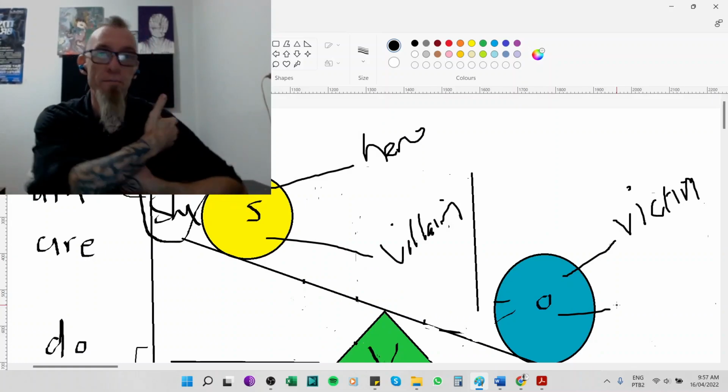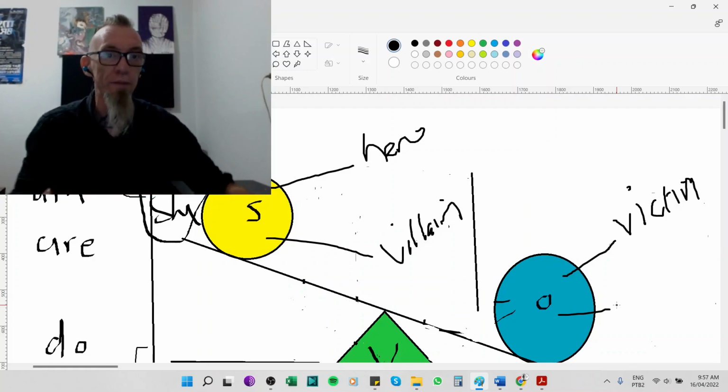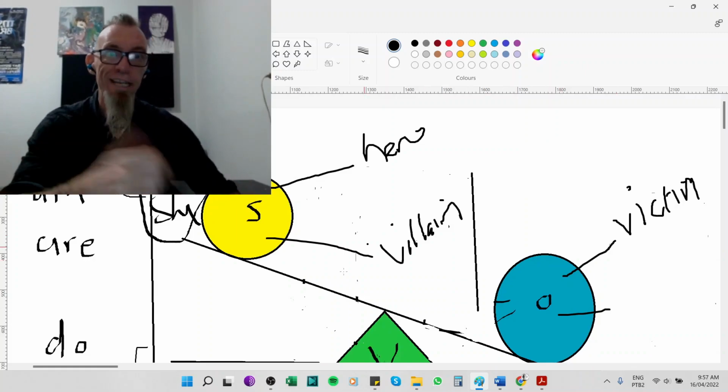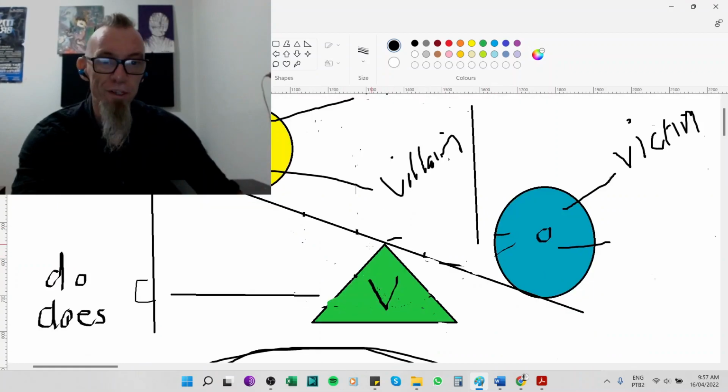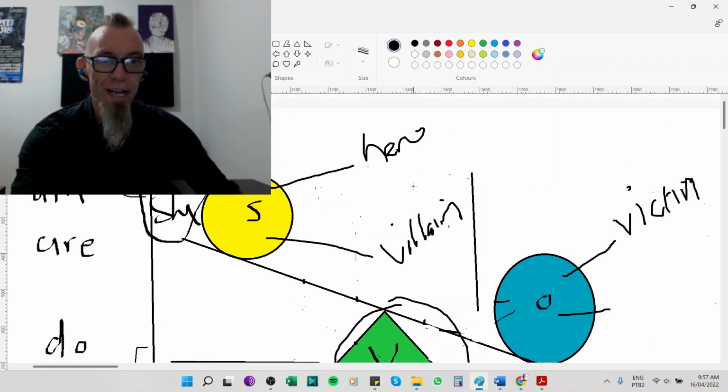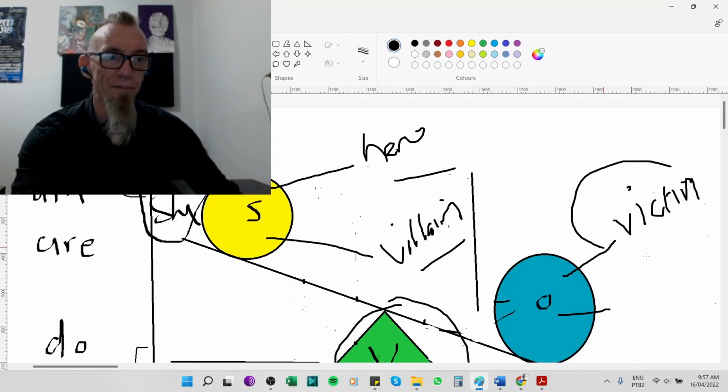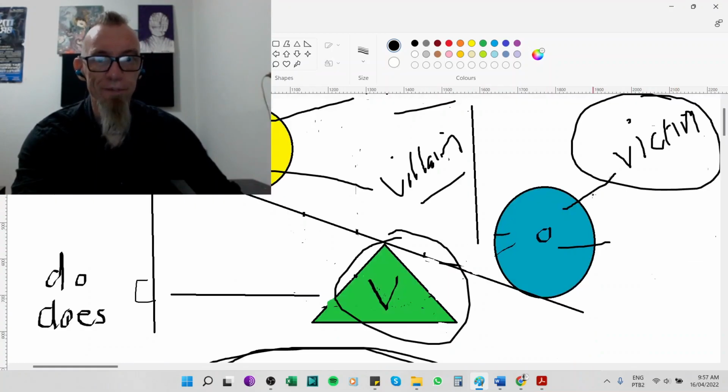Come here, let me hold you in my arm and hug you. Don't worry, don't feel sad. We're all in this together. But as the subject, the doer of the action, they are either a hero or a villain. They either did something amazing or they messed up. As a receiver of the action, well, they've been suffering for too long.